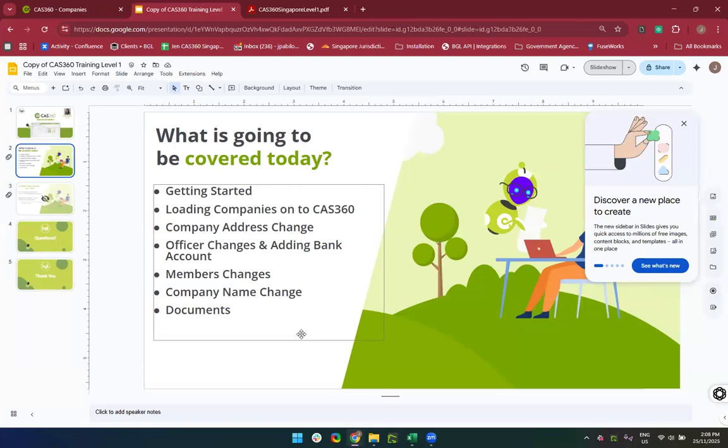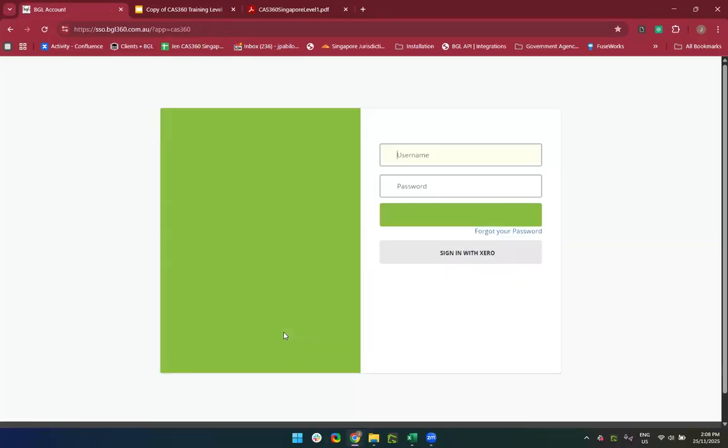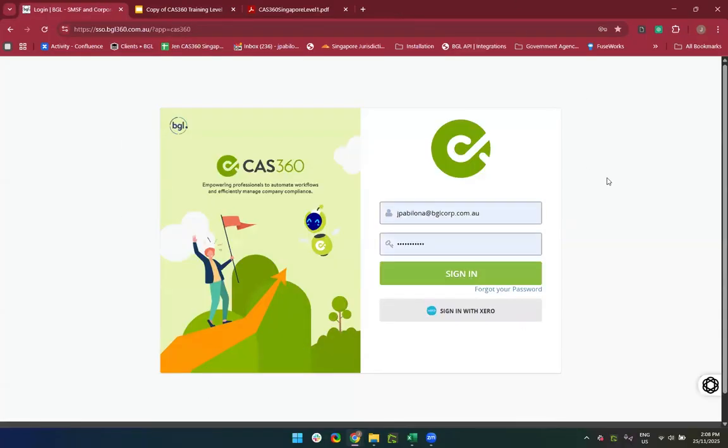So I'm going to jump straight to the CAS 360 and go all the way to the very beginning. When you first start with CAS 360, you will receive a welcome to CAS 360 and My BGL email. I'm going to talk a little more about the difference between My BGL and CAS 360 in a while. But essentially, the welcome to CAS 360 email confirms that your account owner